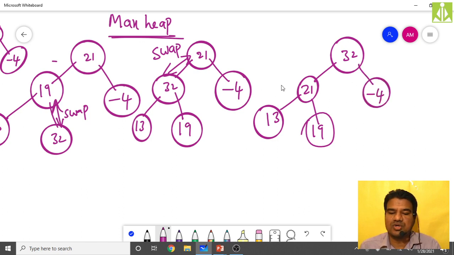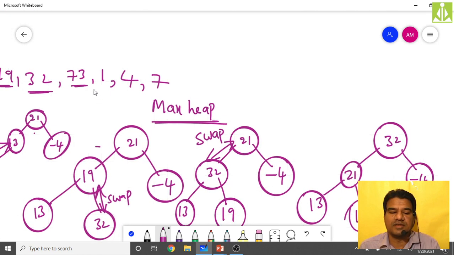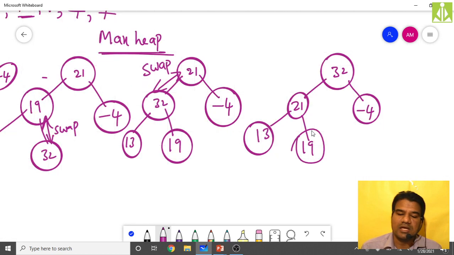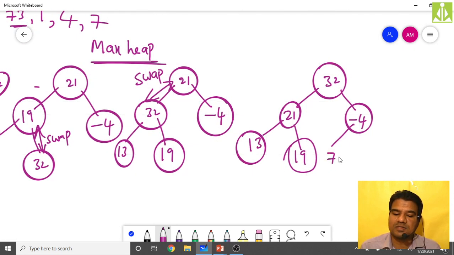What is our next node in the tree? After 32 we have 73. Make this 73 insertion in level order traversal: after filling left and right, we move to the sibling and insert 73 here like this. Now again compare the new node with the parent node.